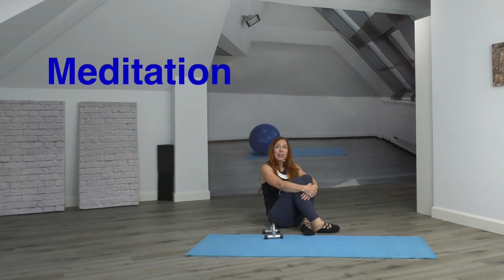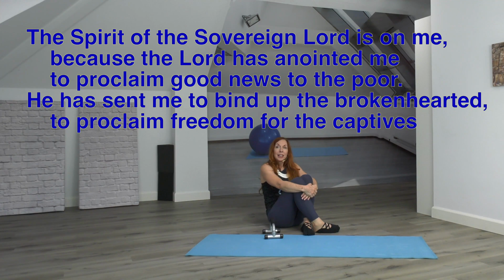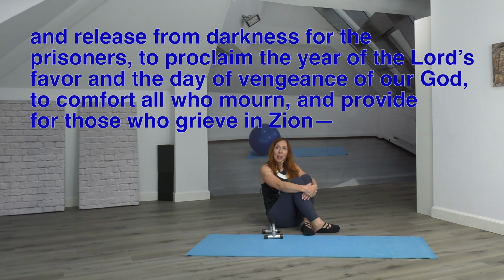I'm going to sit here and think about this scripture. The Spirit of the Sovereign Lord is on me, because He has anointed me to proclaim good news to the poor. This is Jesus speaking. He has sent me to bind up the brokenhearted, to proclaim freedom for the captives, and release from darkness for the prisoners,